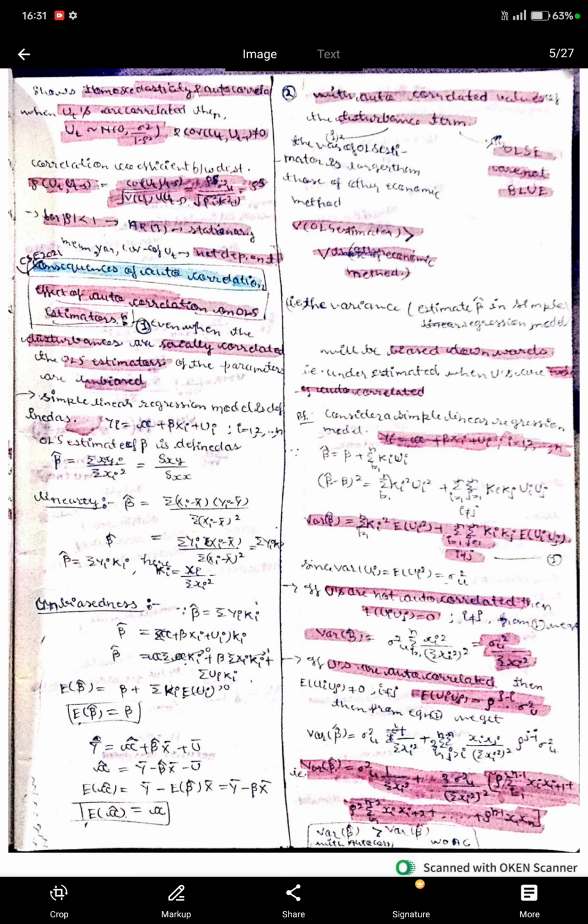Unbiasedness: beta cap equals summation yi ki. Here we put the value of yi as alpha plus beta xi plus ui, and by solving this, beta cap equals beta plus summation ui ki, since summation xi ki equals 1 and summation ki equals 0. Taking expectation, we get expected beta cap equals beta, and since y bar equals alpha cap plus beta cap x bar,